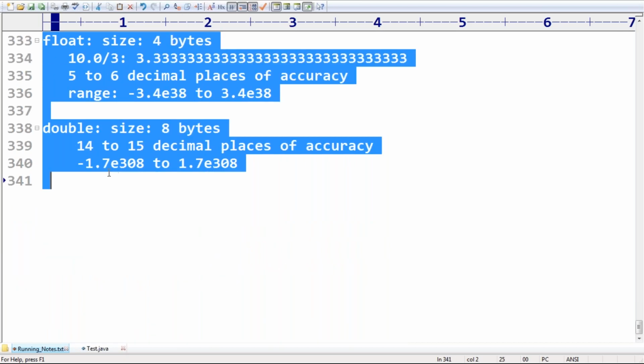Yes, but the only thing you compulsorily need to remember is the sizes. The ranges, if you remember them, well and good. If you don't know them, don't worry at all. But the sizes you should compulsorily be aware of for the exam's sake.